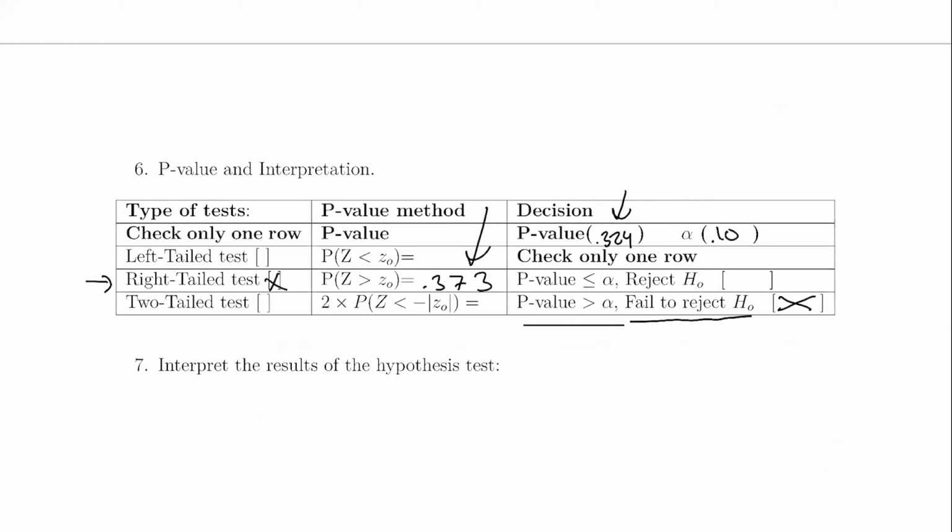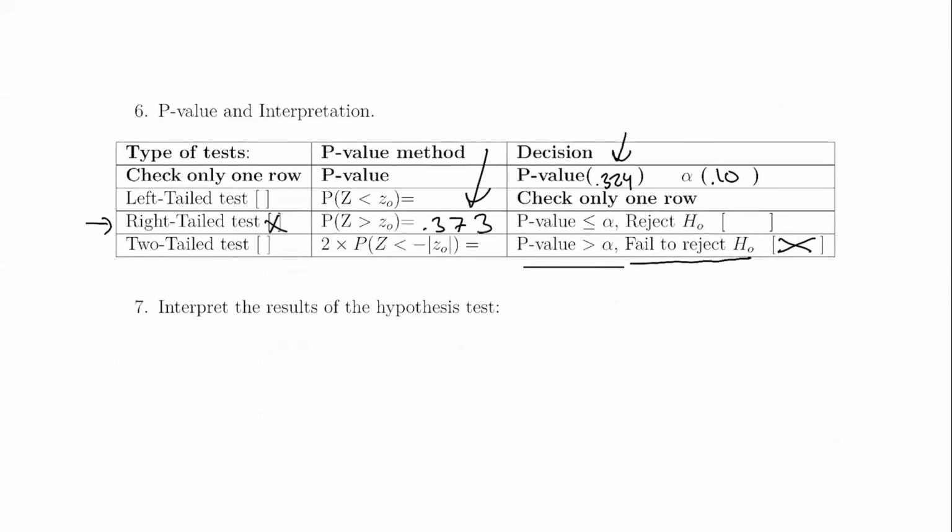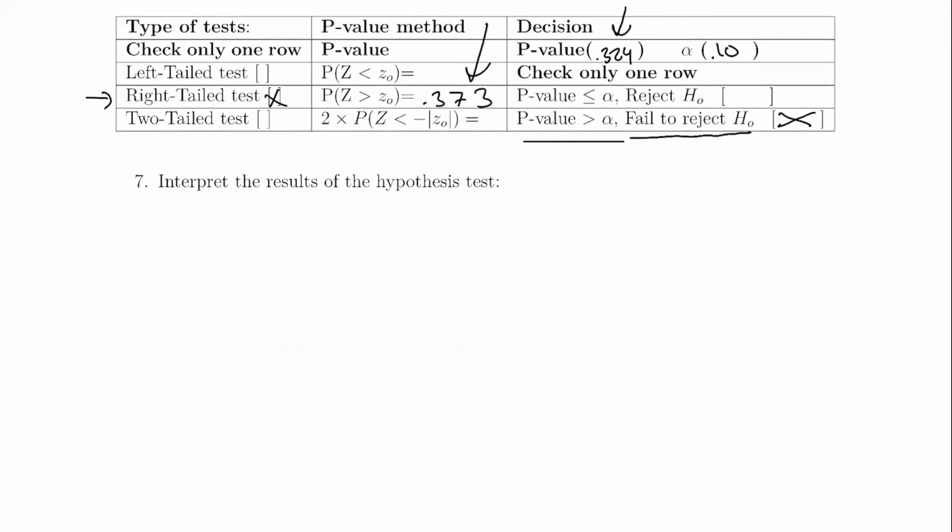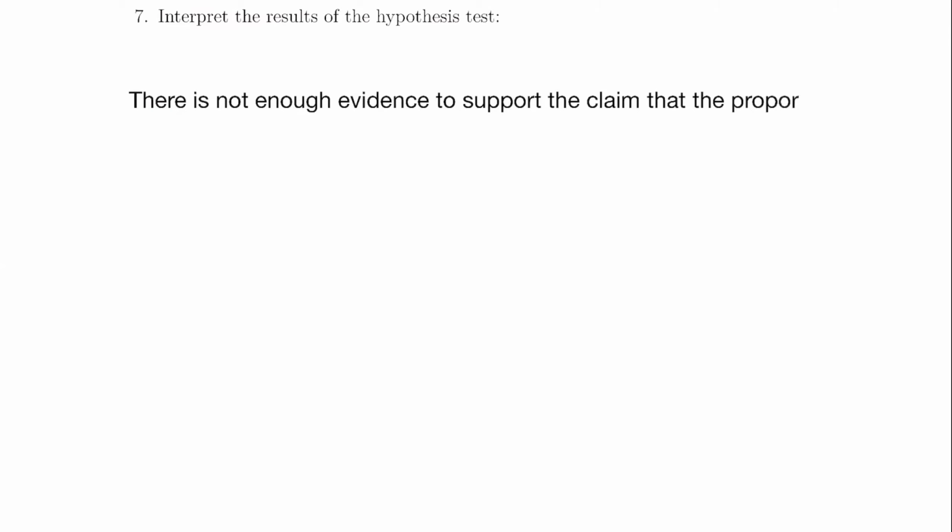If you look at it, it says fail to reject. Anytime it says fail to reject, that means there is not enough evidence to support the claim that the proportion of people